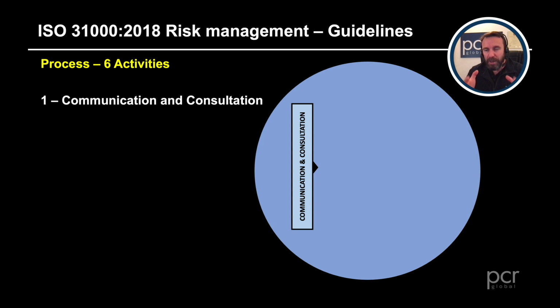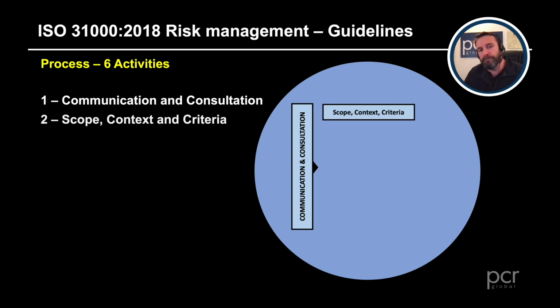Communication and consultation. Actually, what are we looking at? We are looking at the risk management process. I'd like you to think of these as risk management activities. These are the activities. The purpose of the actual process is to embed risk management into the company. So look at the process: communication and consultation, the scope, context and criteria. Here I want us to focus on the context, because if we were talking about health and safety, then all this would now apply to health and safety and HR. But no, it's not. It's talking about security now, and inside that security we're talking about insider threat, insider risk. So the context and the criteria.